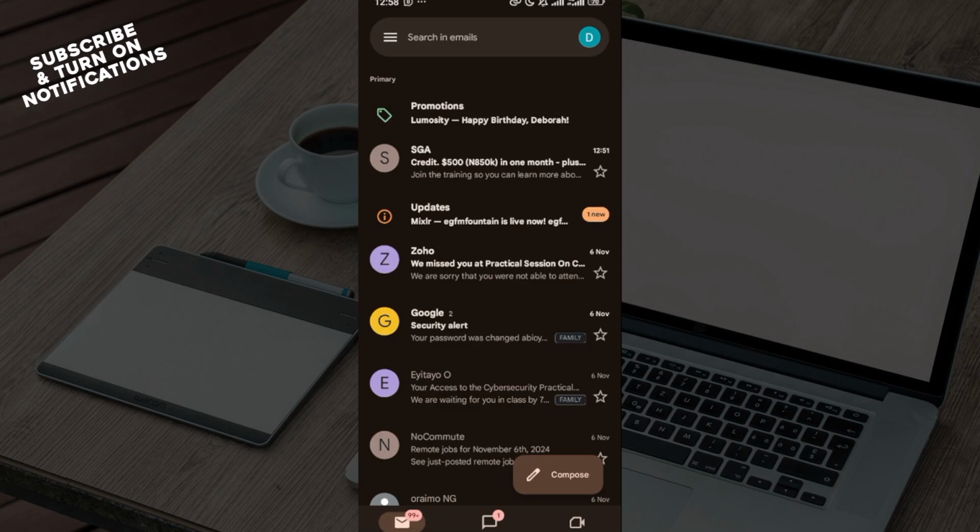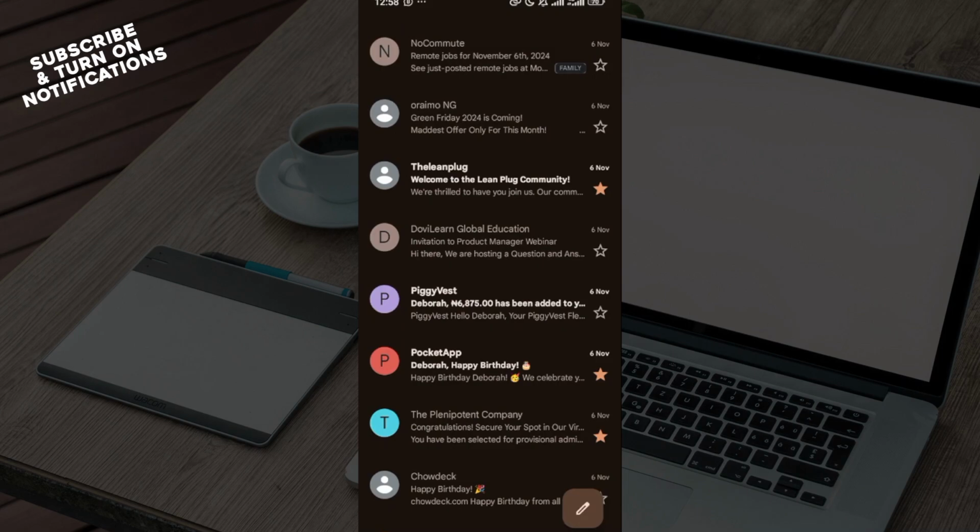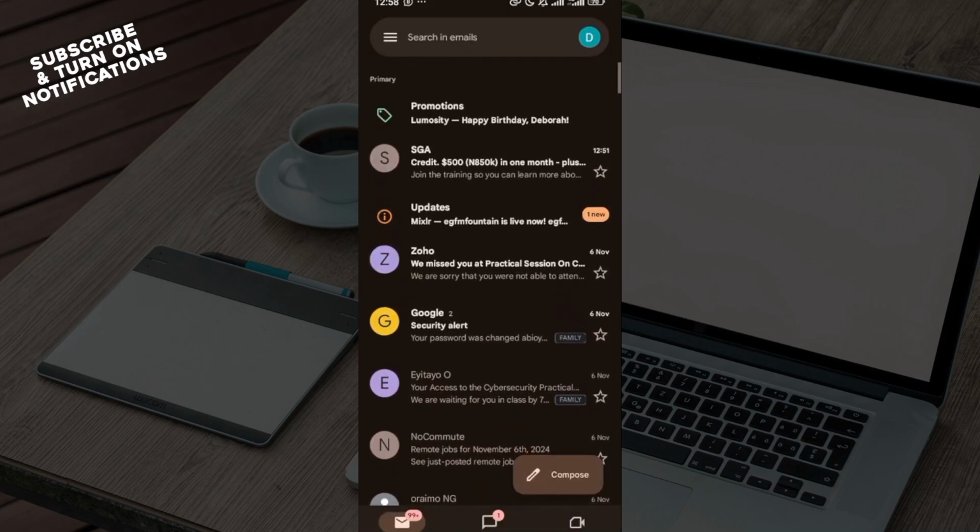In this tutorial, you'll learn how you can see only unread emails on Gmail. So how do you go about it? The first step is for you to launch the Gmail application and log in. Then once you're logged in, the next step is for you to move to the top part of the screen